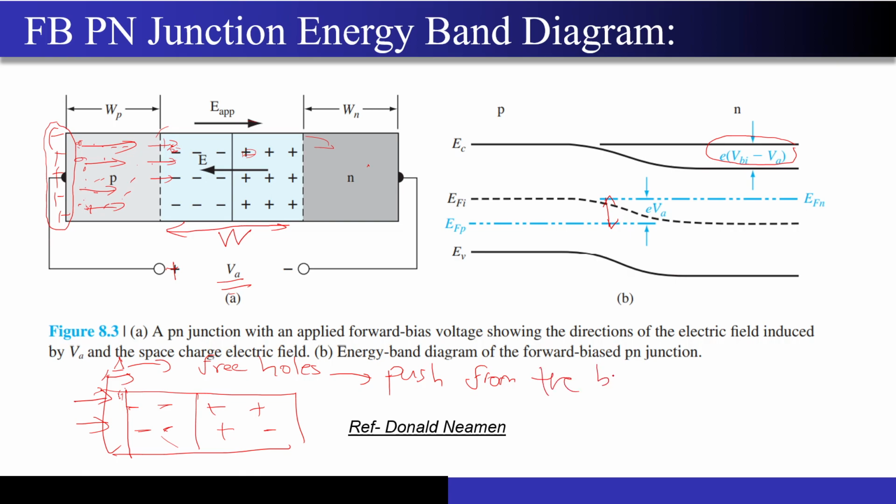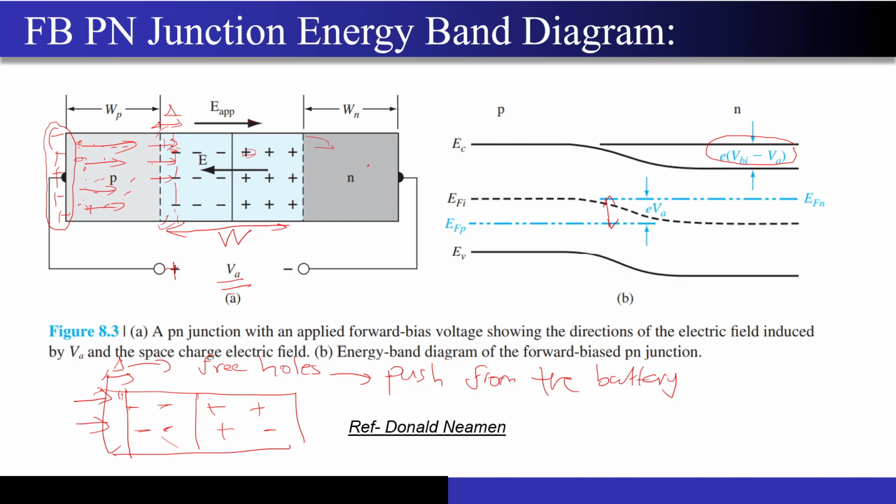Push from the battery, right? Because of the push from the battery, this hole started to move from the left to right. Since this region was defined as having no carriers, I already have a few carriers in this extra width delta over here, right? And since I have free carriers, I cannot define this region as a depletion region.